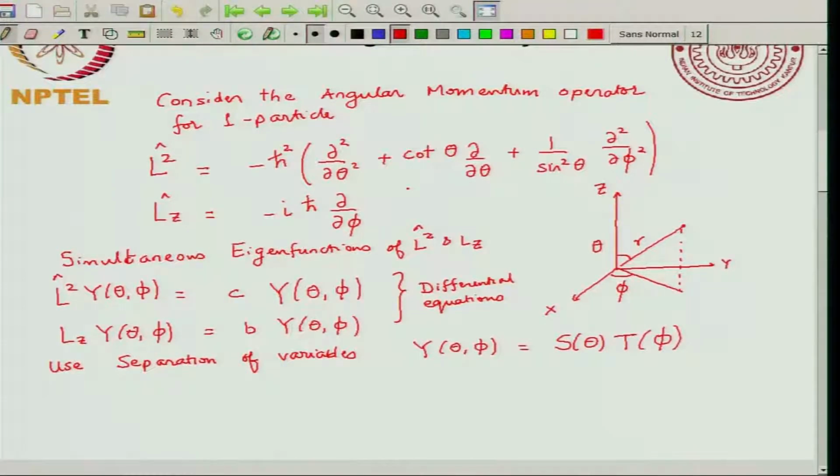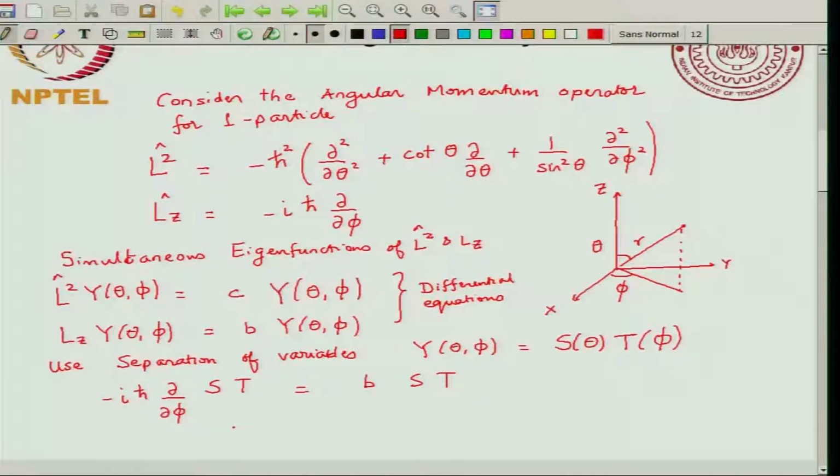Now, if you use separation of variables and substitute in the second equation, what you will get is minus i h bar dou by dou phi of s times t is equal to b times s times t. I am not showing the theta and phi dependence of s and t. Now, since this derivative operates only on the phi part, you can take